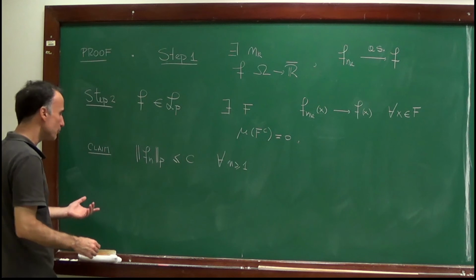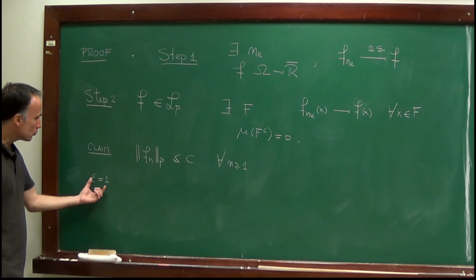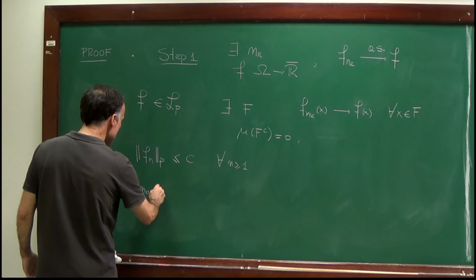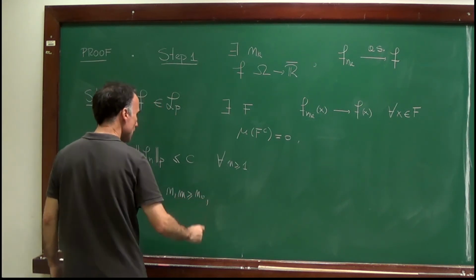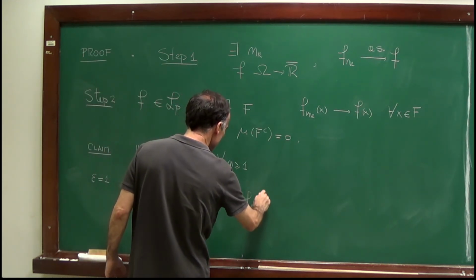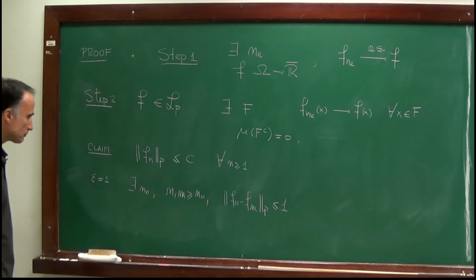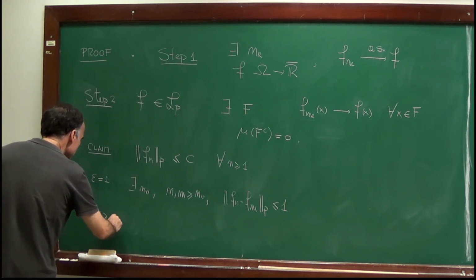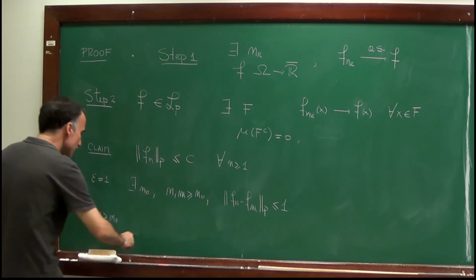Well, since it's Cauchy in Lp, let's take epsilon equal to 1. By taking epsilon equal to 1, we know that there exists n0 such that for all n and m larger than n0, the norm of fn minus fm in Lp is bounded by epsilon, but epsilon is equal to 1. Right, now let's take n larger than that n0 which we found,